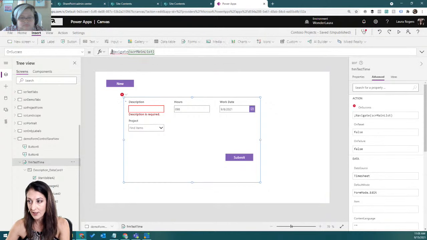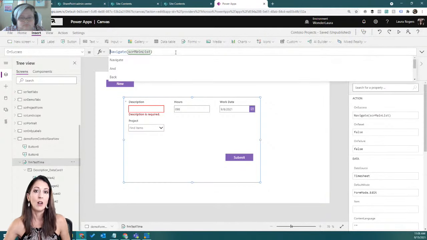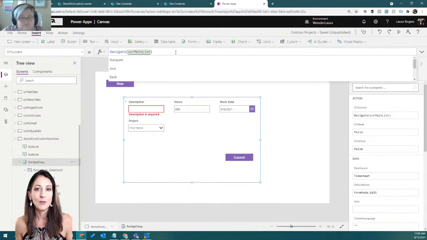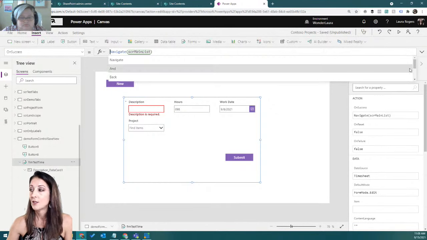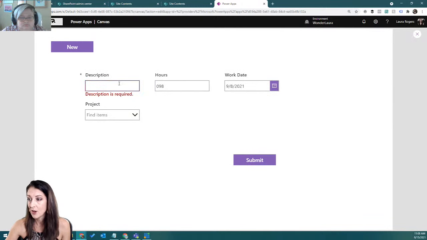And then you can have it navigate, or just do whatever, take them to a screen that says thank you, or do any sort of notification across the top telling them thank you. But whatever you want to do after they submit it, you want to do it in the on success. So therefore, in the on success,